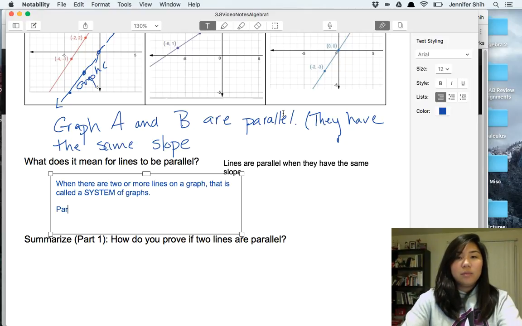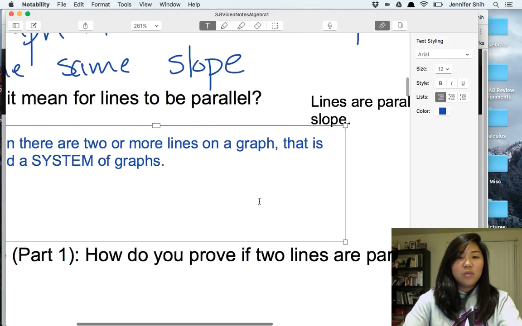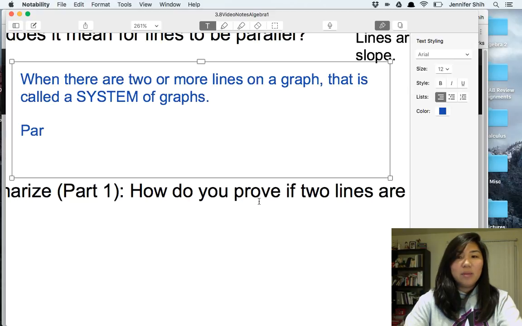Parallel lines, man, I wonder if you guys could see this. What if I just zoomed in like this? Wouldn't that be better on your tiny chromes? Parallel. Now I'm having trouble clicking it. Click, come on. Parallel lines